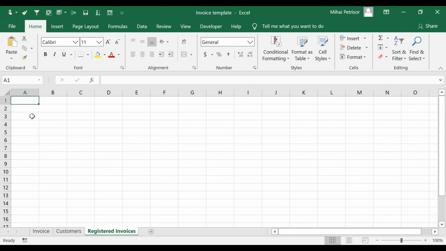Let's say that our number is 001, because we estimate we will have 100 invoices, and as you can see, the 0 disappears, so I will put a quote in front, 001,